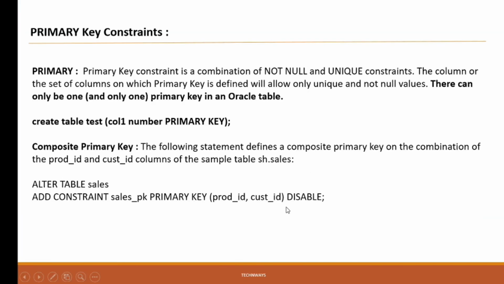Okay, so this way you can create the primary key at runtime, otherwise you can alter the table by using the alter command. Alter is something like if you want to update the table, you can do ALTER TABLE, ADD CONSTRAINT, whatever name you want to give for the primary key, and the primary key in this. So that the primary key gets created. And for the composite, you can put the column names comma separated.